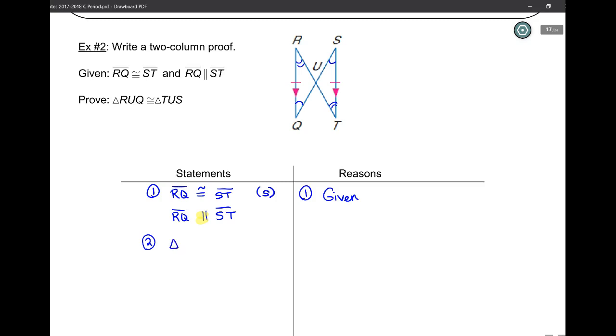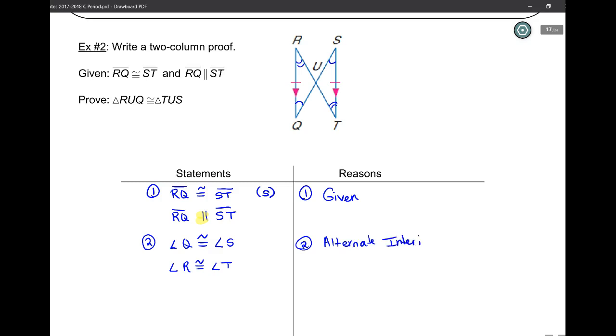So I'm going to put in, since I already have it labeled, I'm going to write angle Q is congruent to angle S. Oops, not triangle, angle. And angle R is congruent to angle T. Now, you'll notice that I only used one letter to name these angles. That's because there's only one angle that I could be referring to at each of these points. So if you want to use 3 letters, that's fine. It's just not necessary. The reason for this, again,